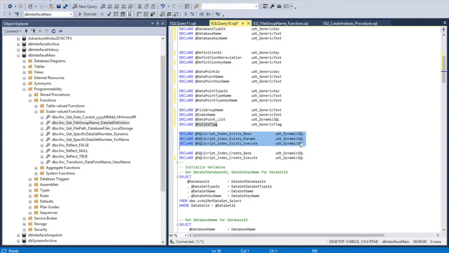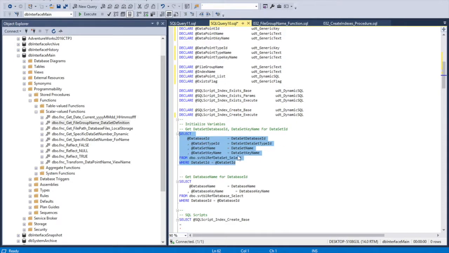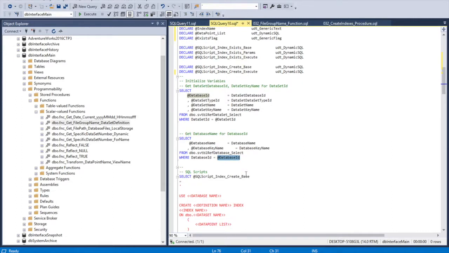And then I'm declaring my SQL scripts, one for does the index exist or not, and we're going to send and pass back a flag. And the second one is for creating the index itself. So again, same thing, getting dataset information for the dataset ID, database information for the database ID returned from the dataset,